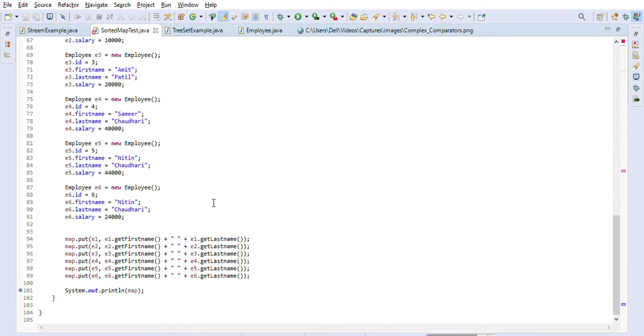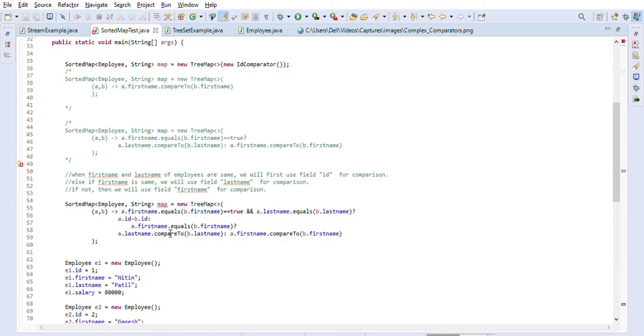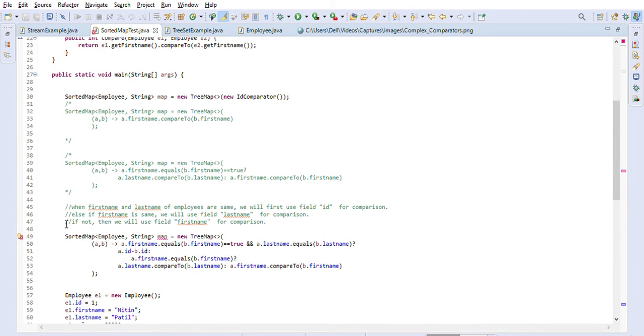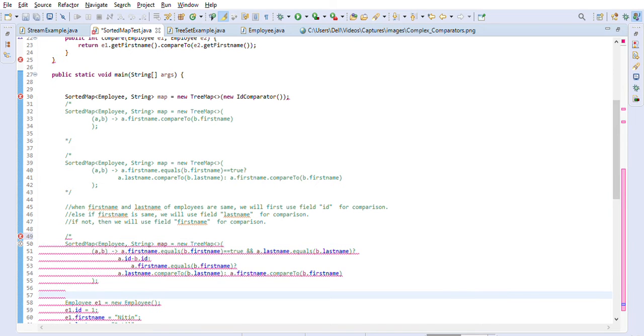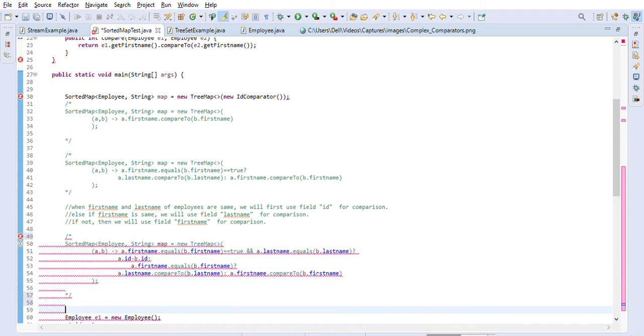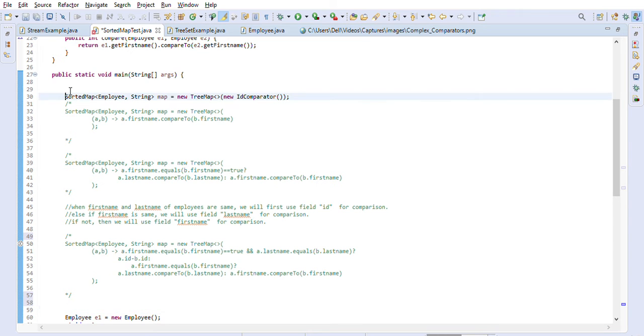In this session we will do a little bit of debugging, and in debug mode I will show you different comparators and how the result varies based on different comparator implementations. We are going to use the ID comparator first, so let me comment out the other comparators that I want to show you later. First let's start with the simple ID comparator.